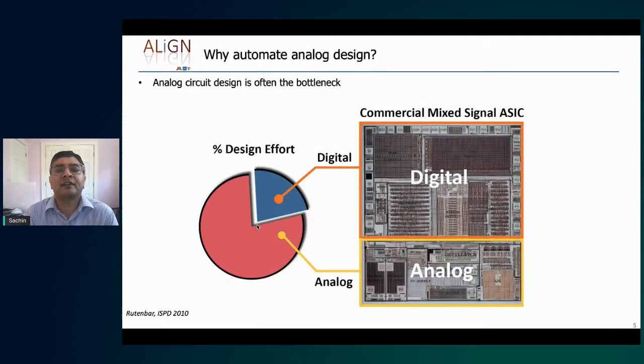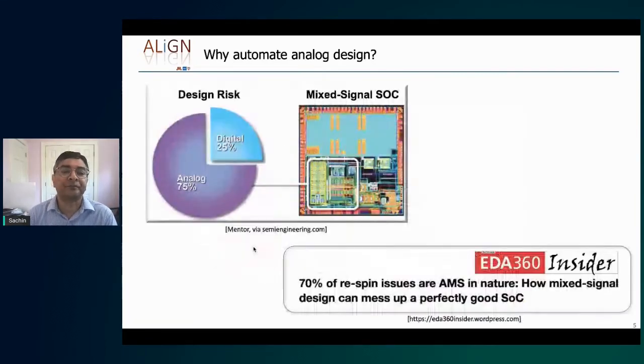Now, why is this important? It's because when you design a mixed signal chip with partly digital and partly analog components, really analog design is often the bottleneck because it's very human intensive. So if you look at the relative proportion of digital versus analog components on a chip, by area, digital dominates massively. But by design effort, you can see that analog actually has a very strong contribution. And so if we could reduce this design effort, we would be able to accelerate time to market, and we would be able to allow for better overall design.